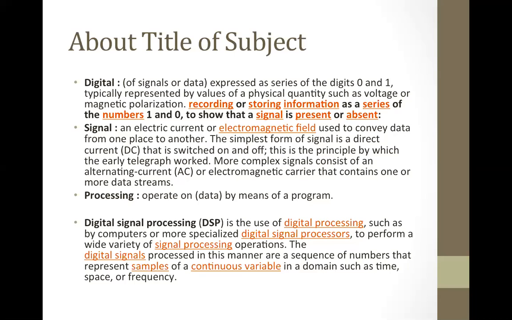That is called a signal. Signal is nothing but the information which is transferred from one medium to another, or one place to another place. So there are n number of signals. You might have studied the simplest forms of the signal, that is DC current and AC current, which are represented as direct current and alternating current.